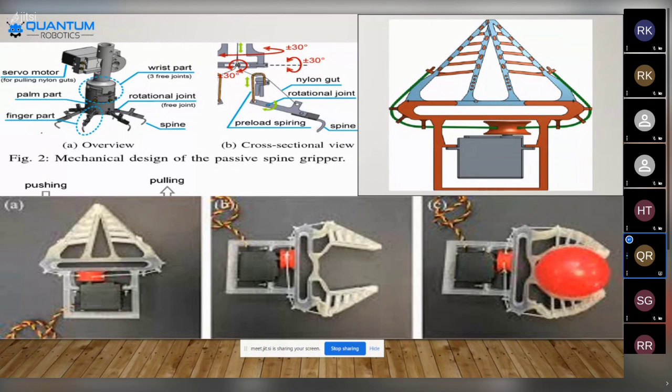Like that, all these things we are going to do using one gripper only, to insert the particular object in that place. And the nylon gut and rotational joint will be accessed, and the critical joints, springs and everything are going to be added over here.